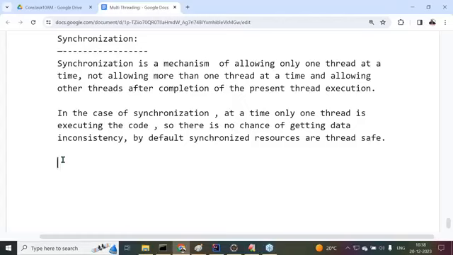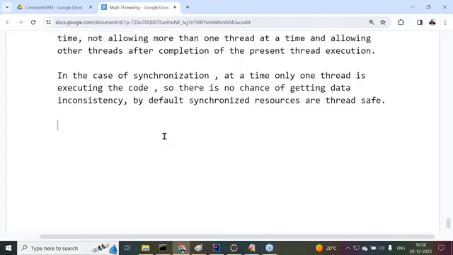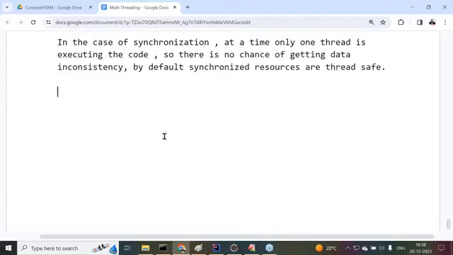Only because they allow only one thread at a time to execute our code. Because of that, synchronization provides thread safety. Next, how is synchronization going to be available? Understand it clearly?